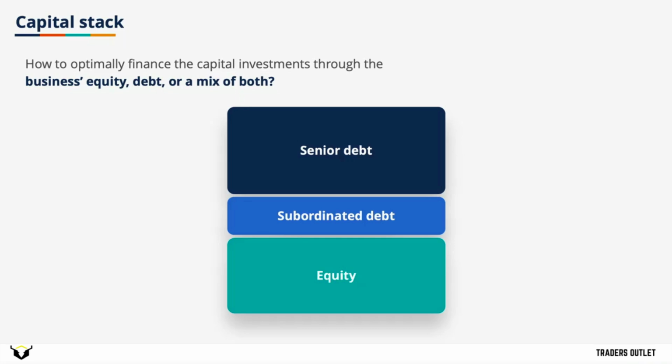So in the coming lessons, we're going to break down each of these three sections of the capital stack. We'll start at the bottom with equity, typically the first piece of financing that a company gets, and the highest risk and reward profile. Then we'll move up all the way to senior debt, the safest being the last one that we cover. All of these various types of funding can be easily understood through the lens of risk and return. As long as we understand how risky the type of capital is, we can appropriately price it in terms of the expected rate of return that should go along with it.